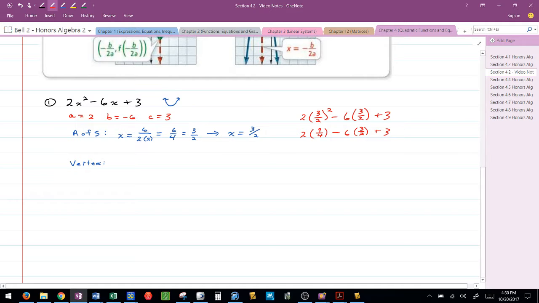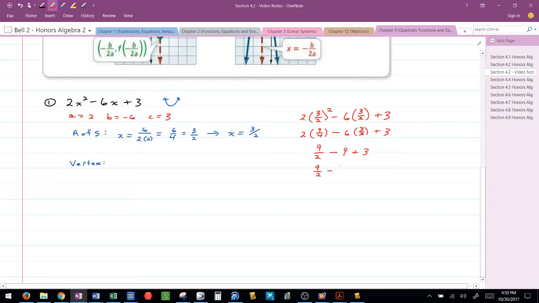And then let's see what I get here. I have 2 times 9 is 18 divided by 4. Well, that would be 9/2, minus 6 times 3 is 18 divided by 2, so that would be minus 9, and then plus 3. All right, so I've got 9 halves